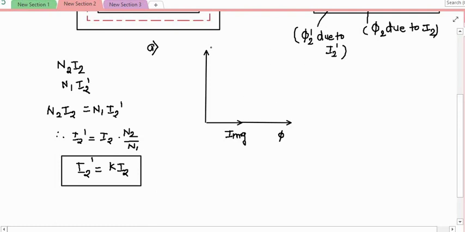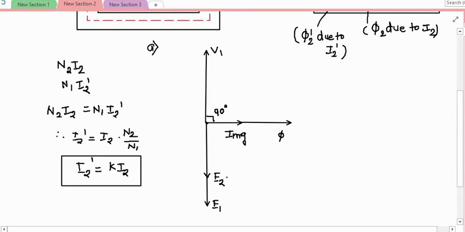So this is your V1, which is taken as a reference phasor initially when voltage is applied to the primary winding. I magnetizing is taken, which lags this voltage by 90 degrees because the winding has no resistance, and the flux produced by this current is in phase with I magnetizing. This flux links with the primary as well as the secondary winding and produces the EMF of self-induction in the primary and mutual induction in the secondary. So this is your self-induced EMF in the primary, and this is your mutually induced EMF in the secondary.